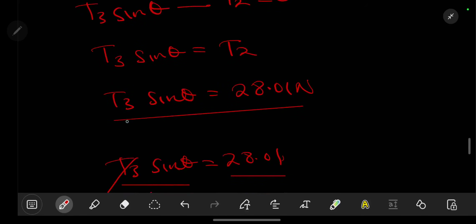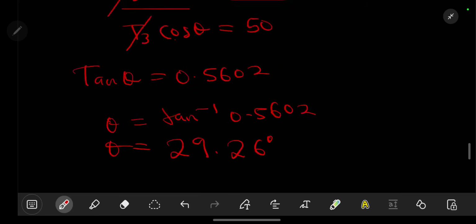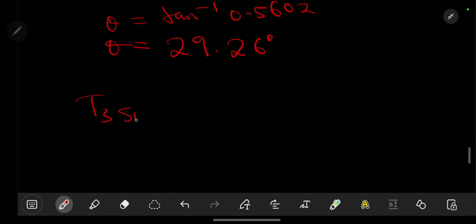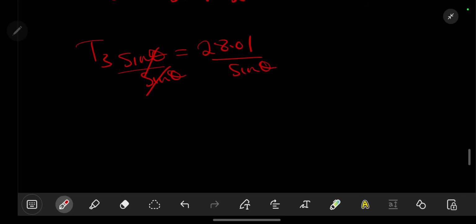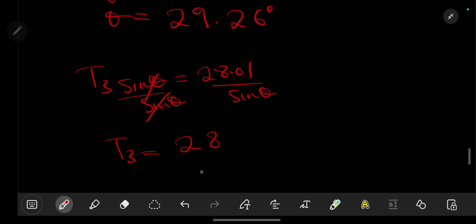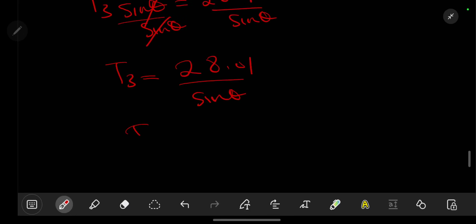So let's get even this one is okay. So our T3 sine theta should be equal to 28.01. We divide our sine of theta on both sides, so that our T3 becomes equal to 28 over the sine of our theta. Let's replace 28.01. So T3 is equal to 28.01 over the sine of our angle,